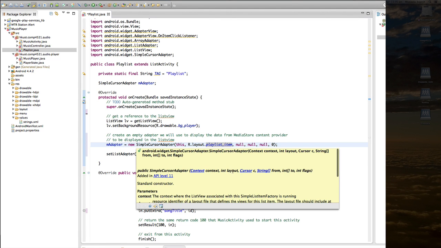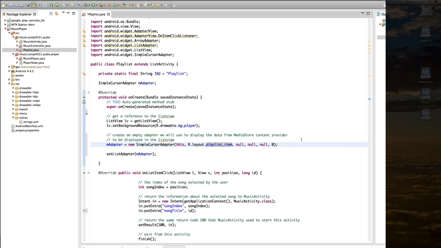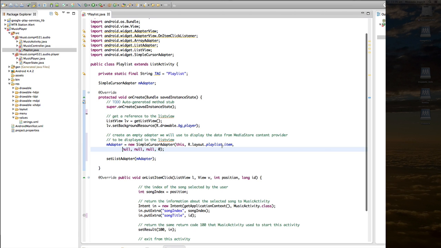So the second one is the layout that I need, and the third one is the cursor. The fourth one is from, and then the remaining ones that we're going to extract from the code. So this is the second item. The third item that I'm going to fill in is